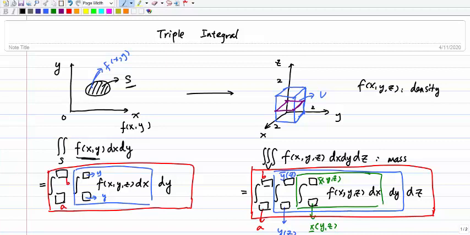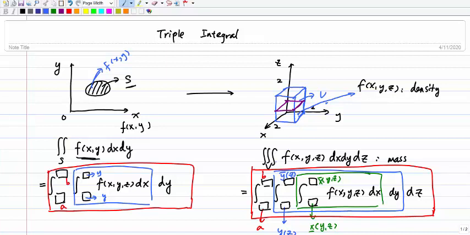Assuming I know the density at each point of this 3D space, at any point I can define